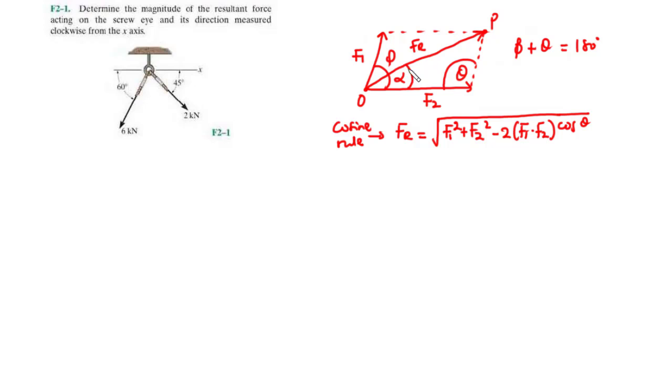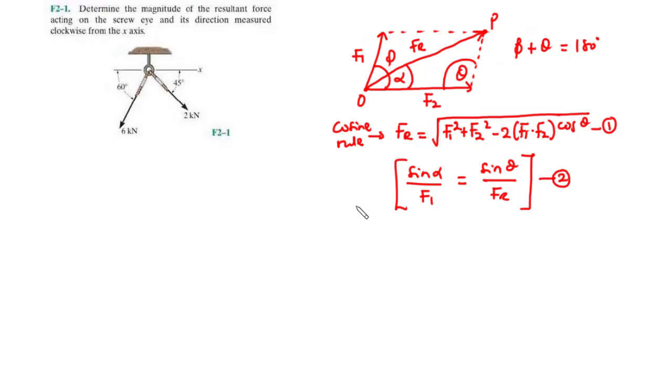Now, to find the value of the angle alpha, we are going to use the sine rule. So for the sine rule, we have sine alpha divided by the angle opposite to alpha, and this line is parallel to F1. So we have sine alpha over F1 equals sine theta, and then opposite of theta, we have the force Fr, that is the resultant force. So basically, we are going to use these 2 formulas, 1 to find the value of the resultant force, and then 2 to find the angle the resultant force makes